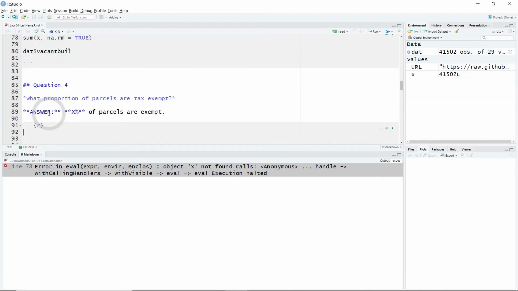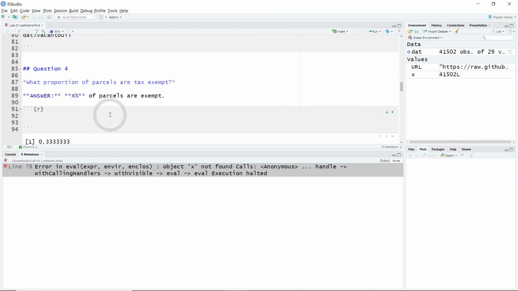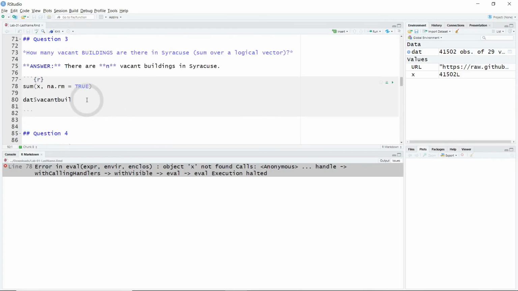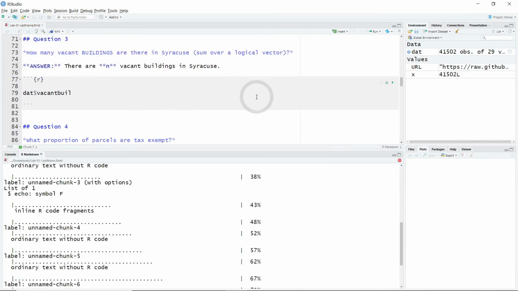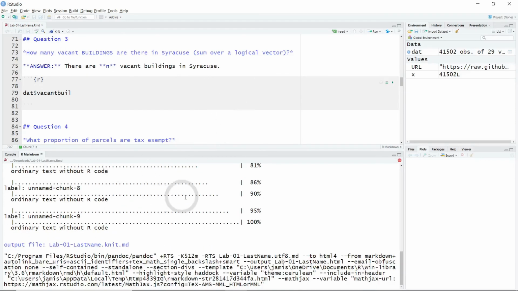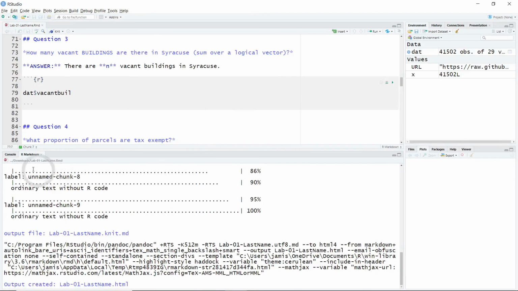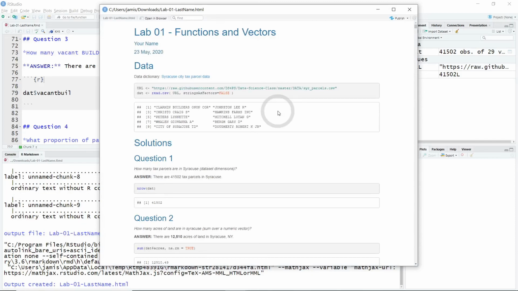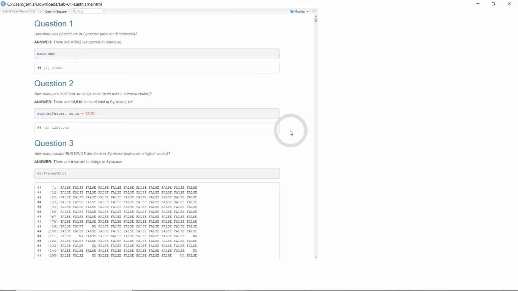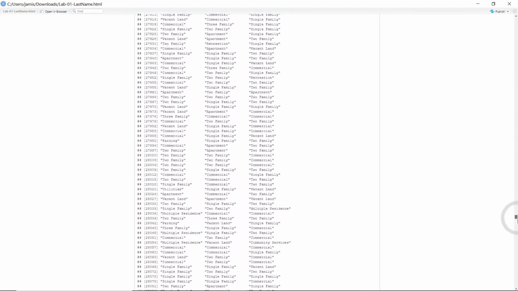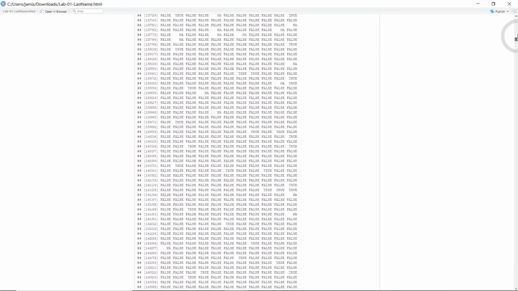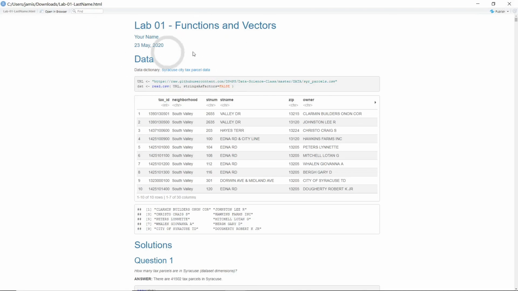Oh, yeah, it doesn't recognize X because we didn't apply anything to X. Get rid of that. Okay, so just so you know, that's a good hint too. It's going to tell you the line where it's getting caught up if it's not properly knitting. Obviously, you do not want all this output. Holy cow. But when you are done with this, you're going to turn in not only your knitted HTML document,